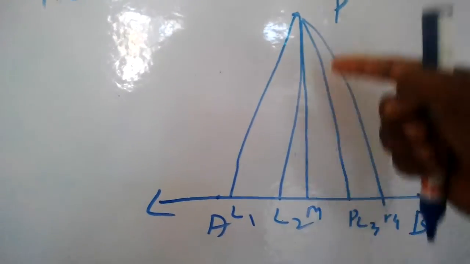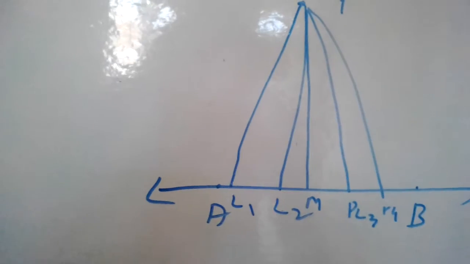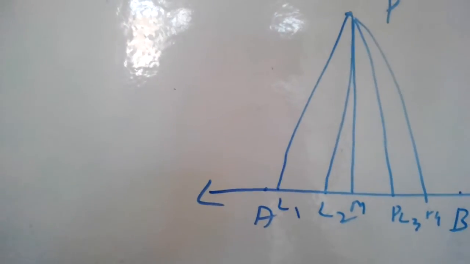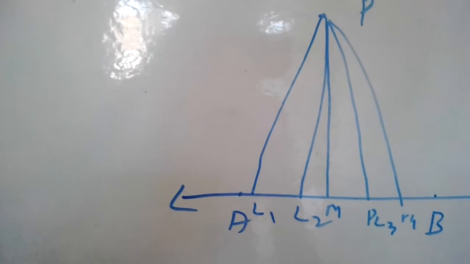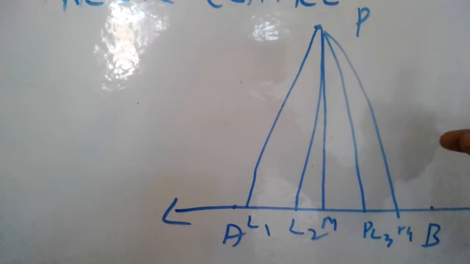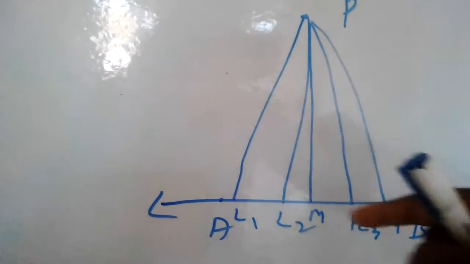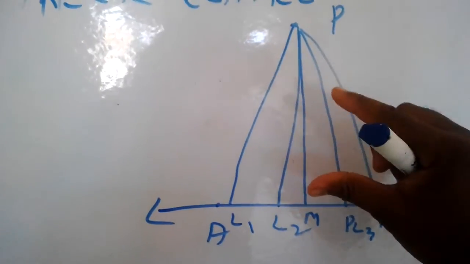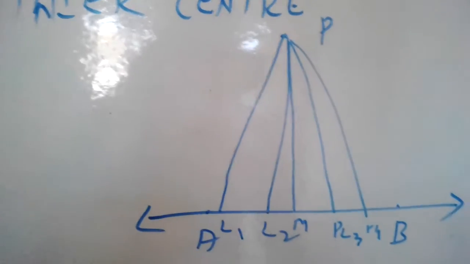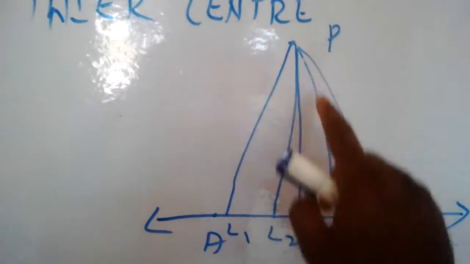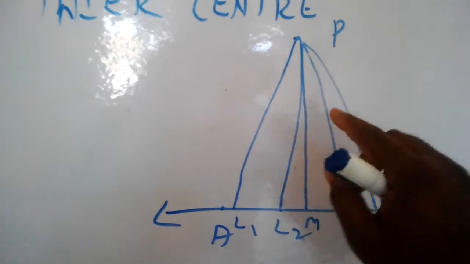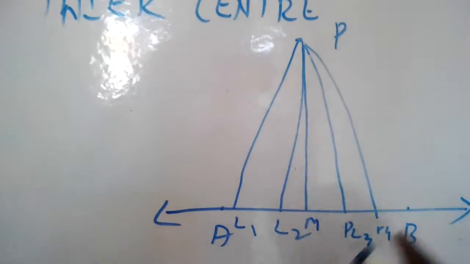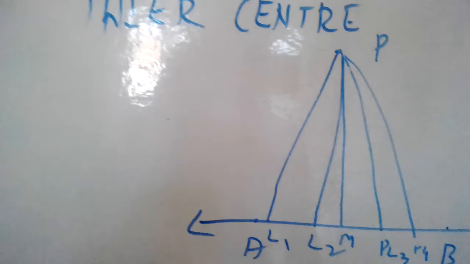PM is the perpendicular line to the AB line segment here. Which of these is the distance? You may think a while and get the answer. Out of these line segments, the perpendicular PM is the shortest one compared to the others. Clear? So PM is the least distance from P to line segment AB.